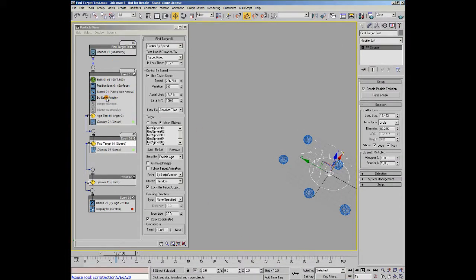So you can see you can define the point that the particles are going to try and dock with by using this script vector here. You can define your object by using these integers here, and you can also use closest surface or random point on the surface to define these point values as well. So this defines what object it is going to try and reach and